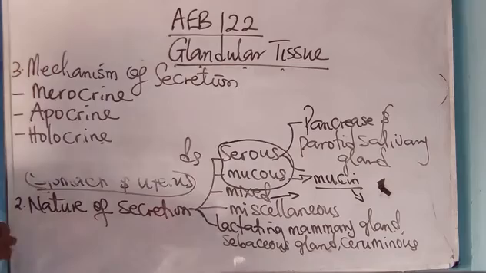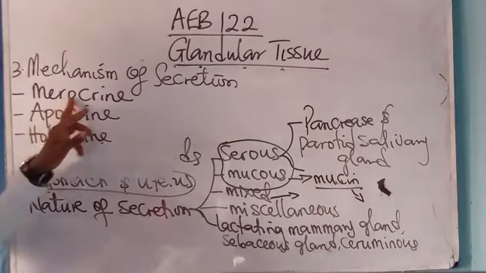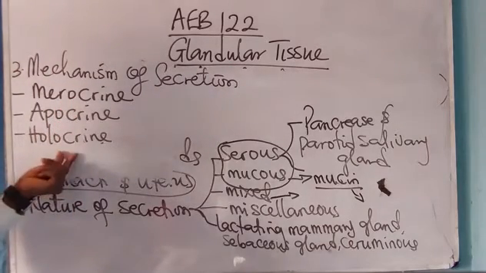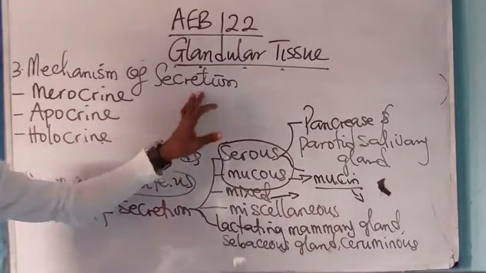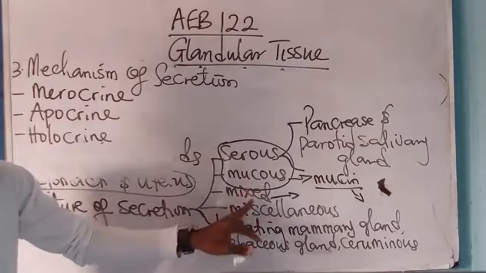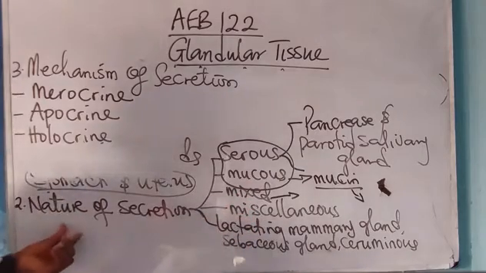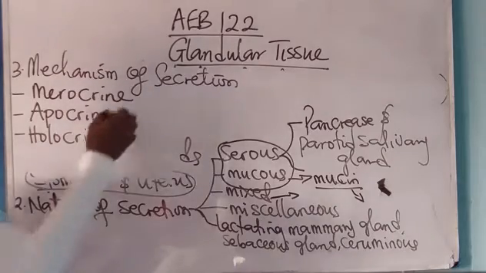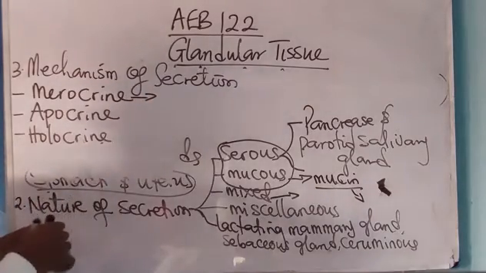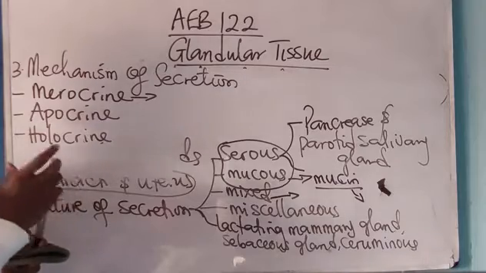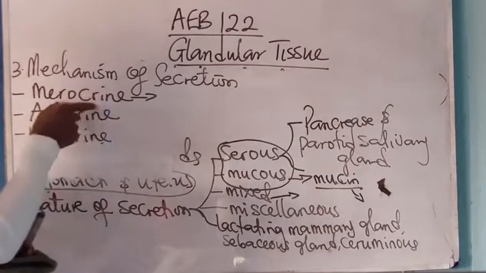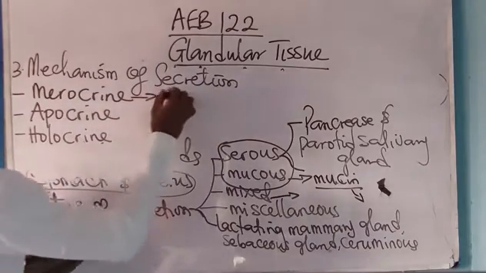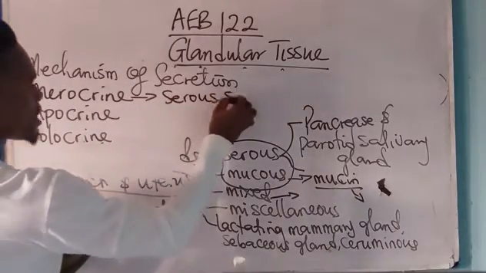So which means that we can say that the merocrine, the apocrine, and the holocrine are subdivisions of the mechanism of what? Secretion. But serous, mucous, mixed, and miscellaneous are under what? Nature of secretion. Be very, very careful. Now, the merocrine is the most common type of secretion. Example of merocrine is found in the serous and